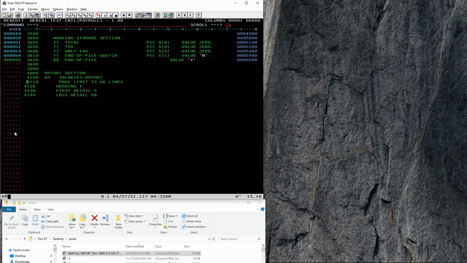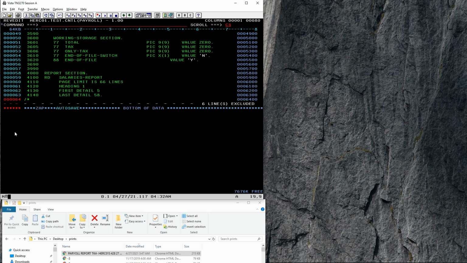And let's look at the report section. A lot of people didn't know this section existed within the MVT COBOL compiler, but it does exist. It's called the report section, RD, report descriptor, I think. Salaries report, that's how we're going to call it. Page limit is 66 lines because we used the 1403 printer. Heading is at 1, first detail on line 5, last detail on 58. And let's go look at the